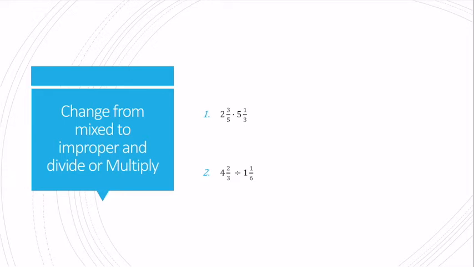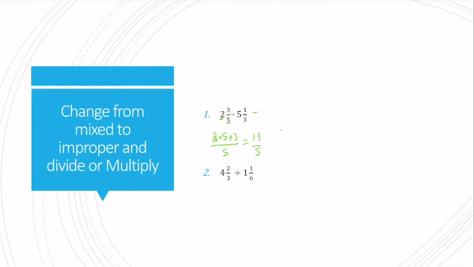In order to multiply mixed fractions, I want you to change them from mixed to improper numbers and then multiply. Okay, so if I have 2 3/5 times 5 1/3, I'm going to go ahead and change these to improper fractions. So 2 3/5 becomes 2 times 5, because to switch from mixed to improper, I multiply my whole by the denominator, I add that to my numerator, and I put it all over my original denominator. So that's going to become